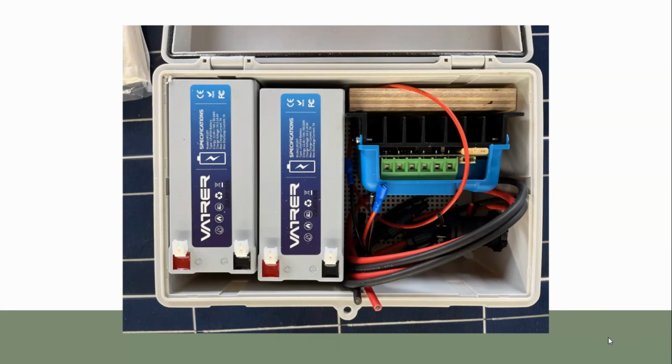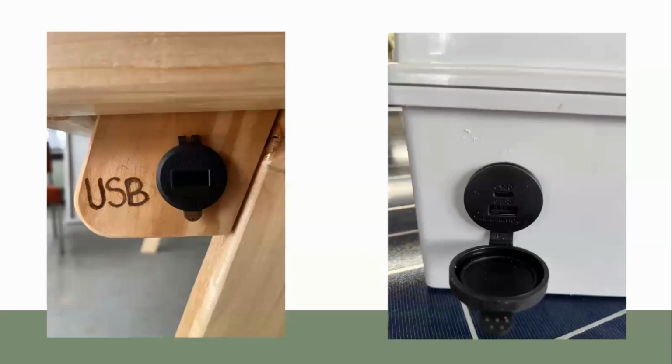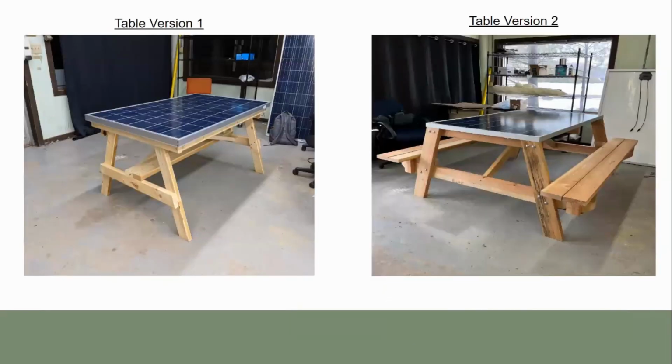The MPPT controls when to charge the batteries and regulates the load from the USB ports, allowing the table to charge connected devices and its internal batteries efficiently. When increased demand is put on the USB ports, the MPPT is configured to automatically balance the load between the solar production and battery reserves. If either the battery or the panel stops producing enough energy for the demand, power output is automatically disconnected to preserve and charge the batteries. With the table completed, it can be placed just about anywhere outside so that it can